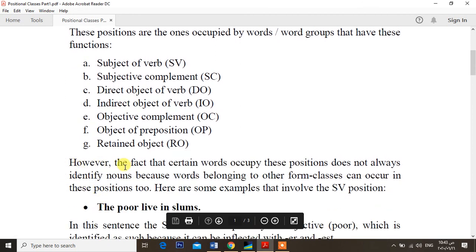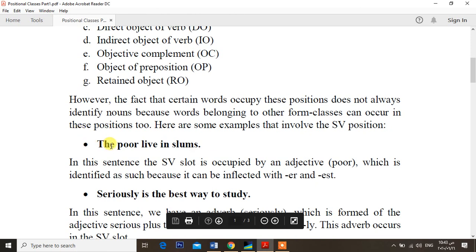However, the fact that certain words occupy these positions does not always identify nouns, because words belonging to other form classes can occur in these positions too. Here are some examples that involve the SV position. The poor live in slums. In this sentence, the SV slot, or the SV home, is occupied by an adjective, which is poor,